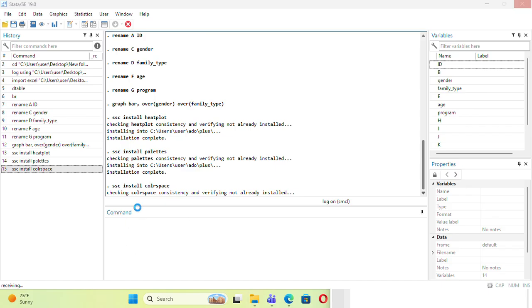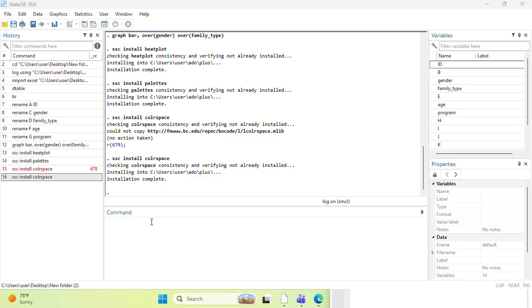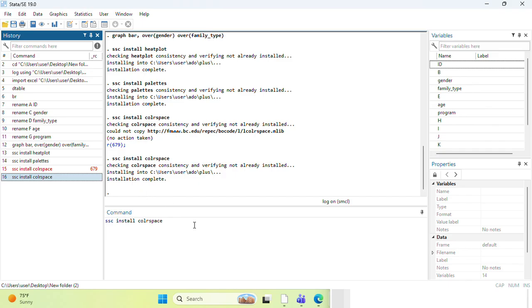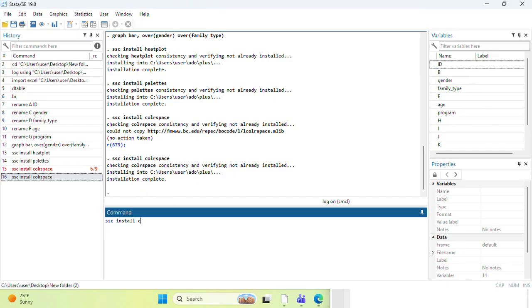To create our heat plot, we will write the program. Due to network issues, we had to rerun the command. Now that it has completely installed all the required packages, it is time to create the heat plot. In creating a heat plot, we use the command heatplot